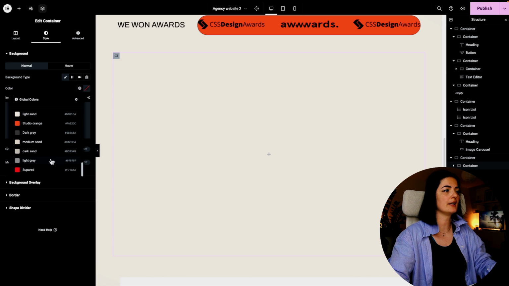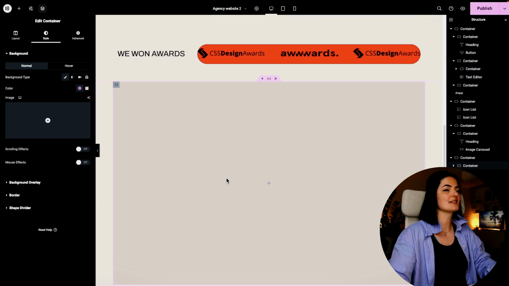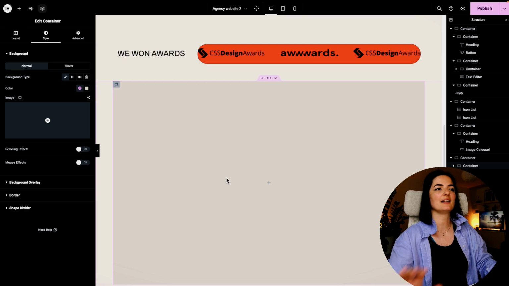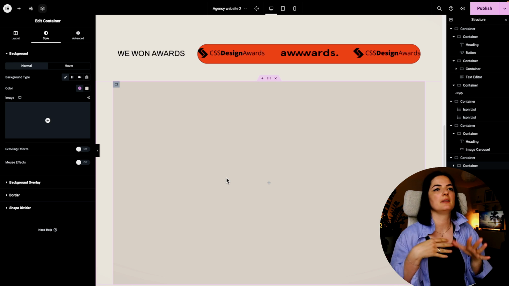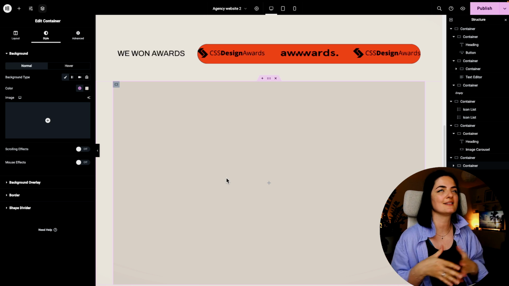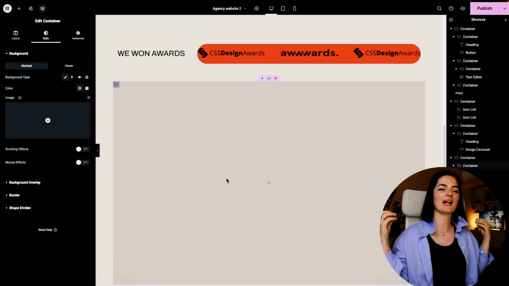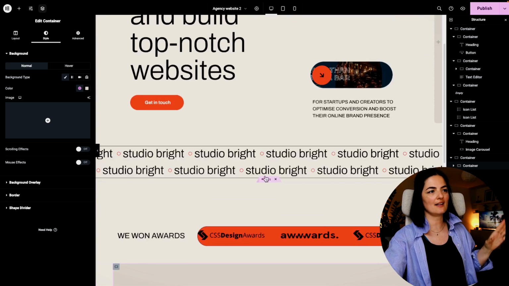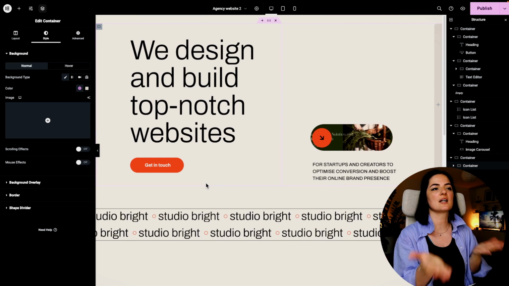So the background color is going to be medium sand. And as I've said earlier, these are kind of the colors that we're playing with here. Darker sand, lighter sand, medium sand. Just trying to harmonize it because we have all these bright elements that are orange, so we need to somehow